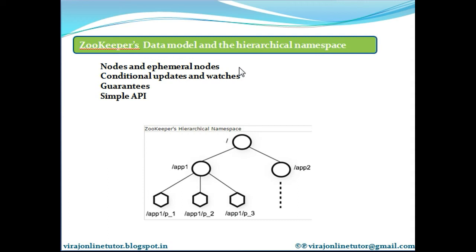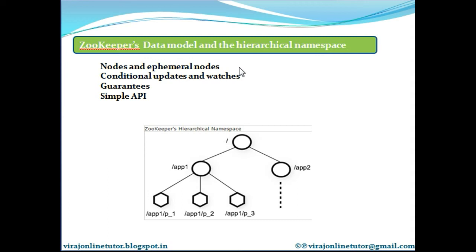Zookeeper was designed to store coordination data, status information, configuration, location information, etc. So the data stored in each node is usually small, in the bytes to kilobytes range. We use the term znode to make it clear that we are talking about Zookeeper data nodes.